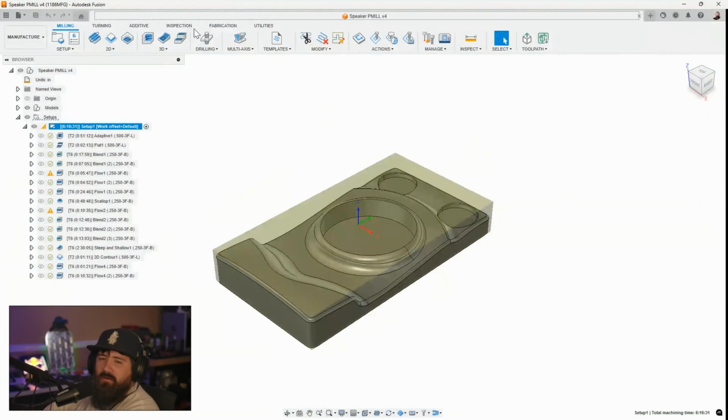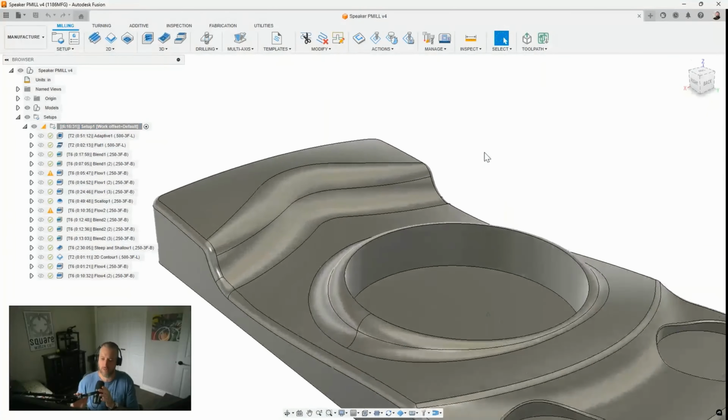Let me get my beautiful PowerMill speaker pulled back up. I do like that. This is a great model. I think it's really nice. I couldn't pinpoint what I like about it. I think some of it's actually not that great, but I think it's because it looks like a